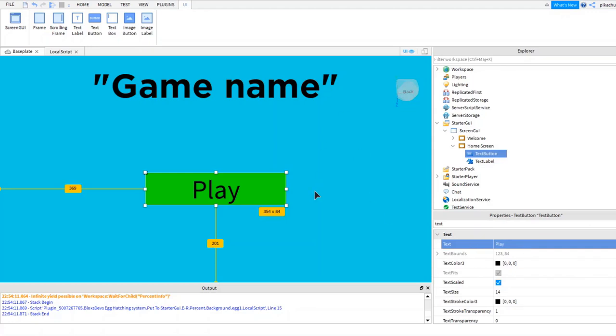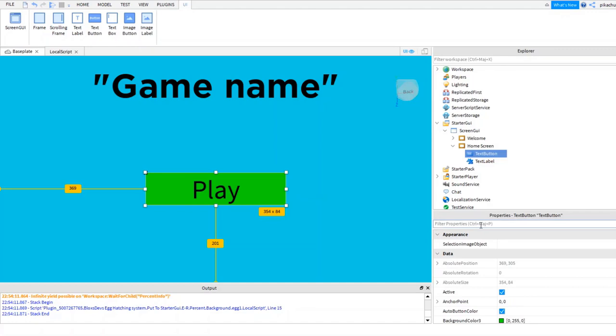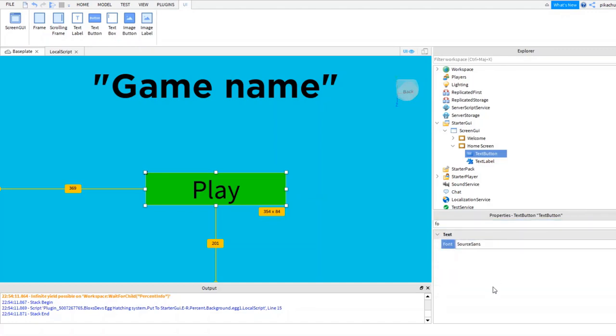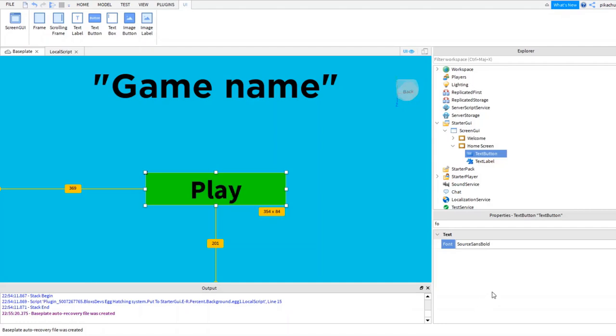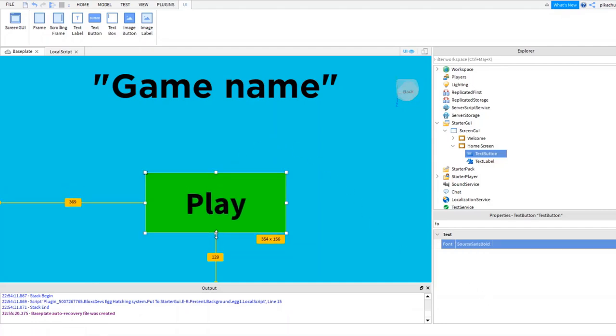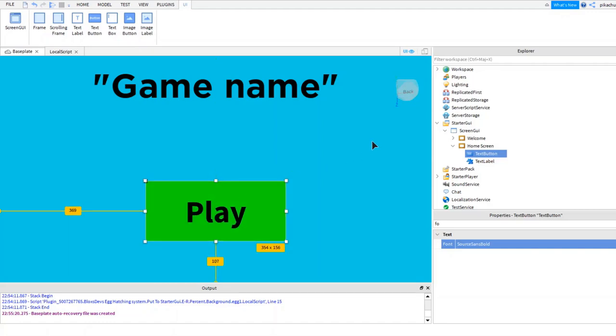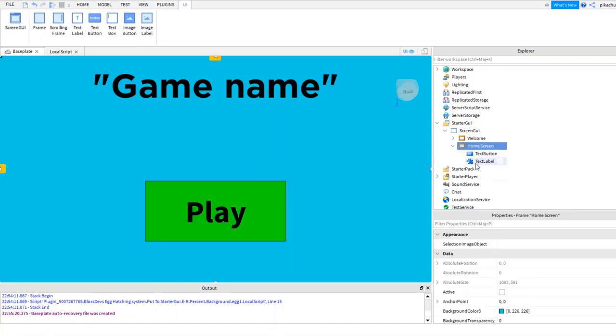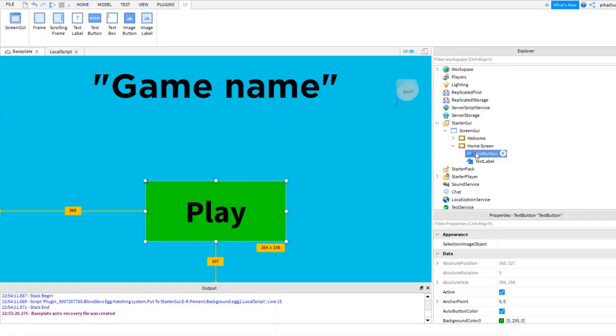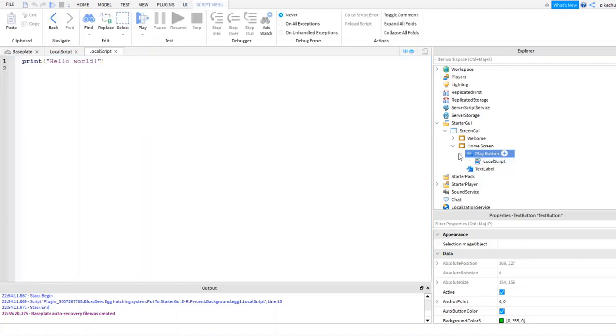And we're gonna as well change the font to Gotham Bold, or maybe just bold. Yeah, we're just gonna take bold, and we're gonna make this play button big and appealing, and it has a border. It looks pretty good, but I think I'm maybe gonna get rid of it.